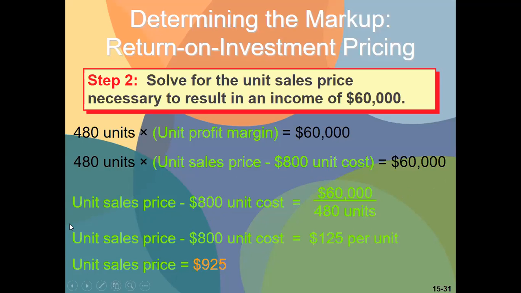And this analysis is coming from this one also. Remember, to get the profit, that is 480 units times the unit profit margin. So that is $125. Then you have here 480 units. And the difference between unit sales price and the unit cost again is the unit profit margin. And you now simplify the said formula. This is very algebraic and mathematical, so you know these things.